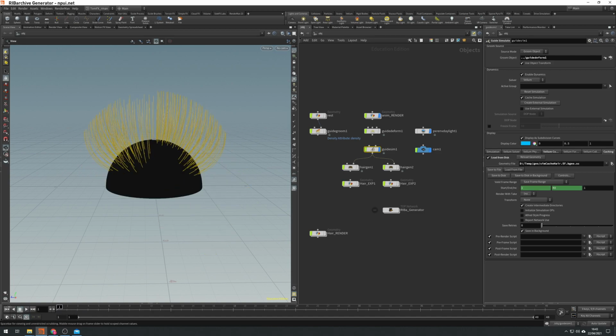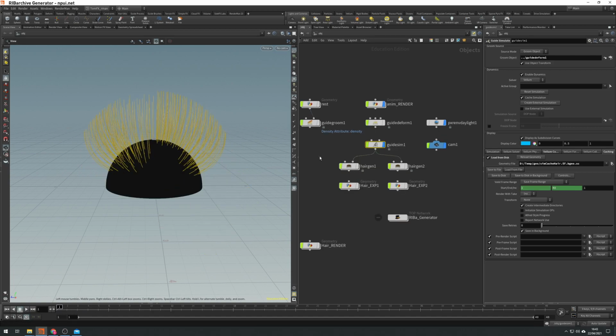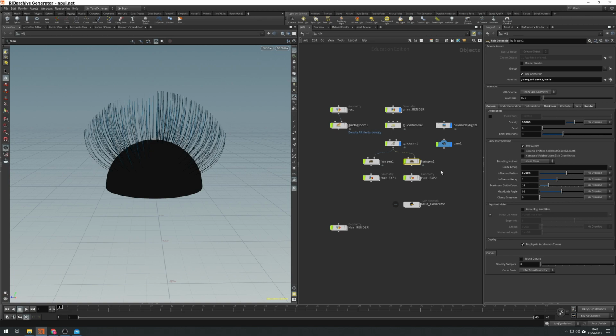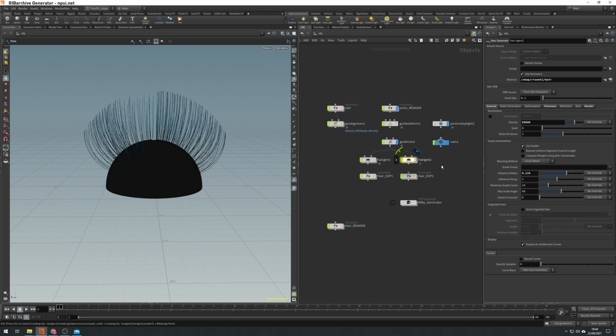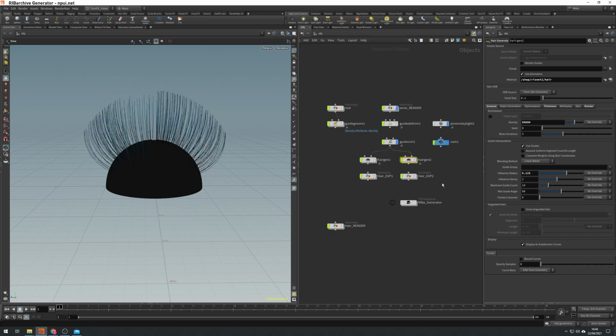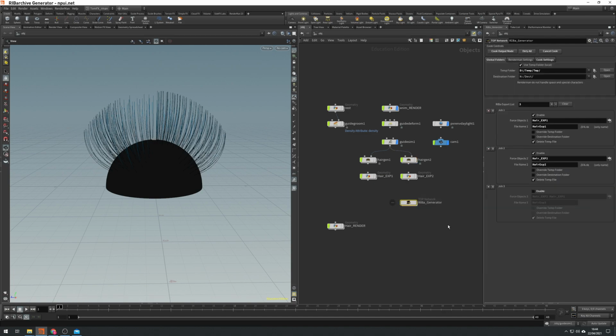Okay, as you see, the hair gens are exactly the same, but the density is quite a bit bigger on the second one. So I figured out the best way to export all the hairs is to use RIB archive, so I can use that kind of format in other software like Maya to shade and render, for example. The problem is sometimes it's quite heavy to export a lot of hair with RIB archive, so I decided to make this kind of tool,